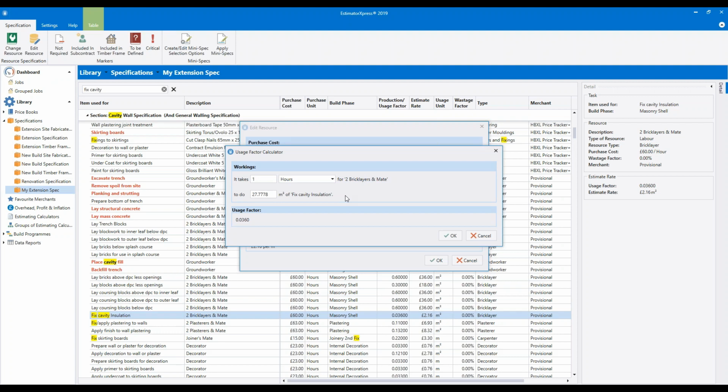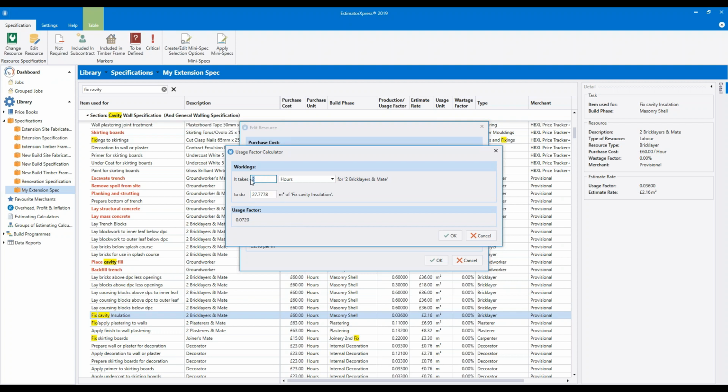Let's say this new insulation that we've selected takes twice as long to install. There's a couple of ways we could change that. The most straightforward way is to change this figure in the top box here. We could say it takes 2 hours rather than 1 hour to fit that same amount of cavity insulation.